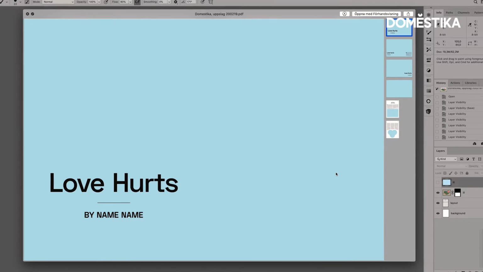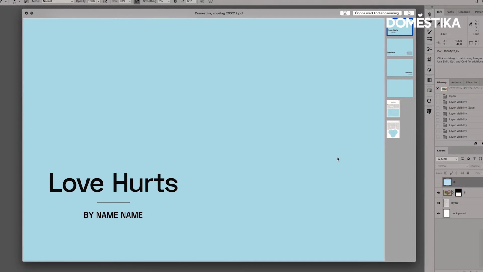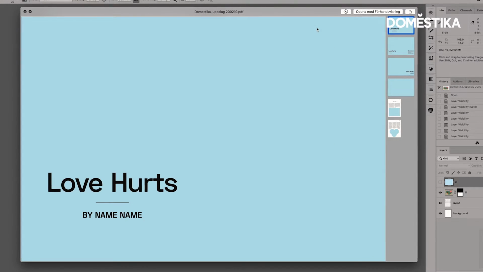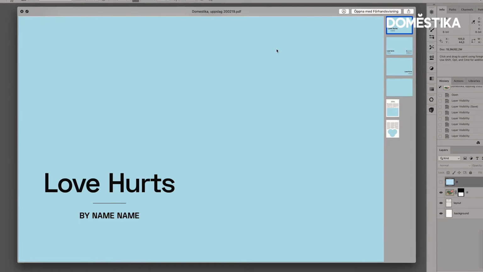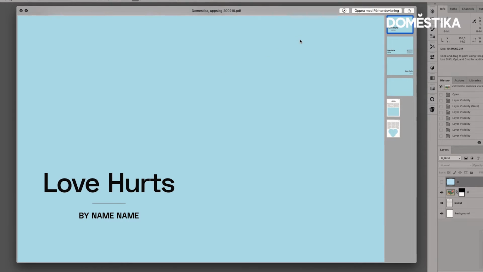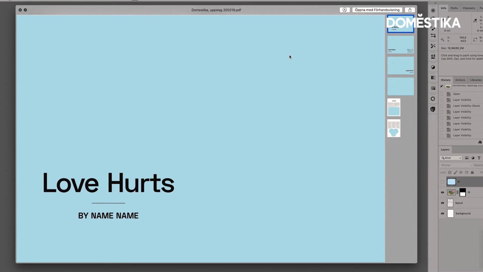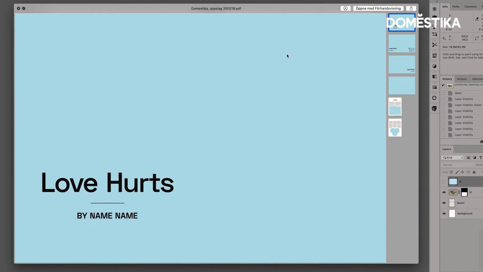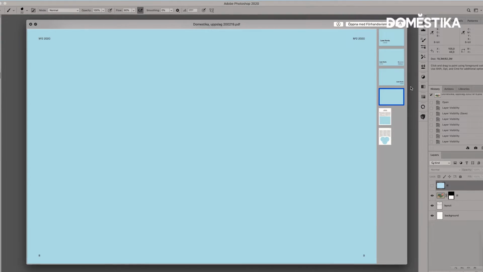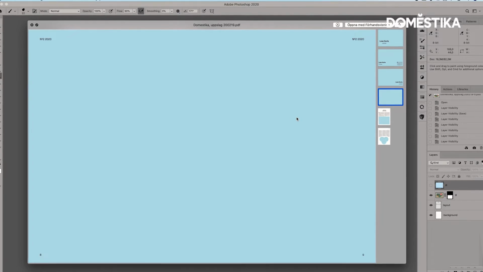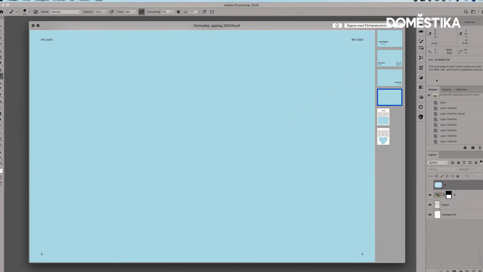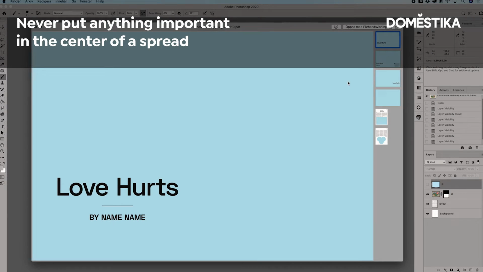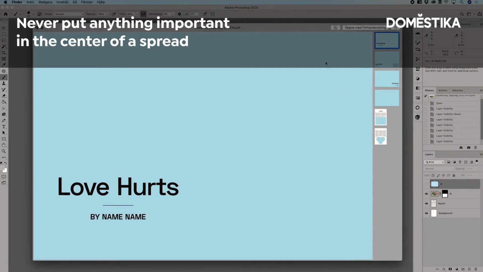The most common thing when working with magazines is that you get a PDF with a layout such as this, and you can adjust to that layout. Sometimes the art director might give you total freedom in creating your own composition or choosing sizes and so forth. The main thing about spreads, and the most important thing to keep in mind, is not to place anything important here in the middle. So you don't want anything important to get lost when you fold the magazine or the book.